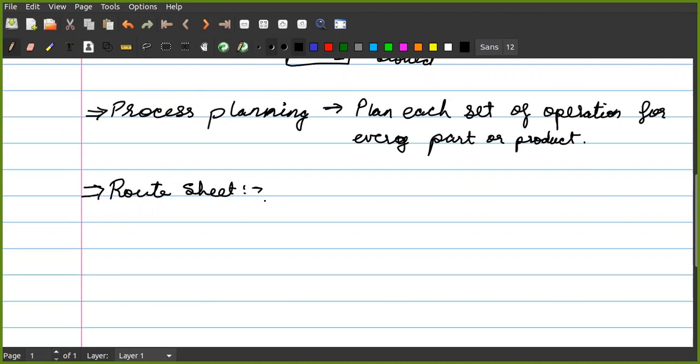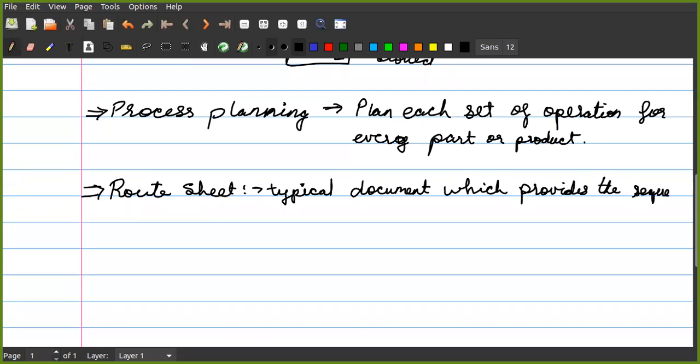A route sheet is a typical document which provides the sequence of operations.